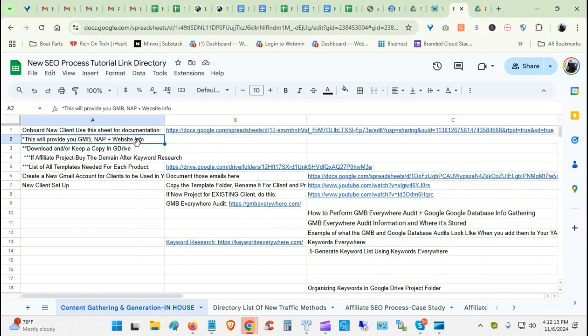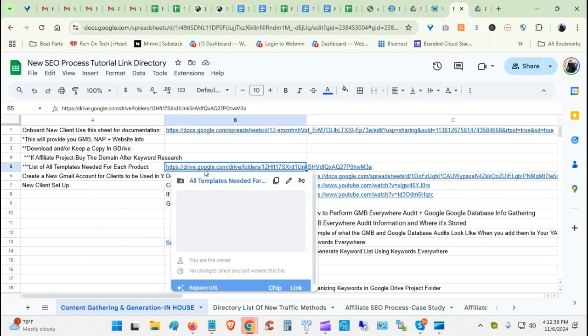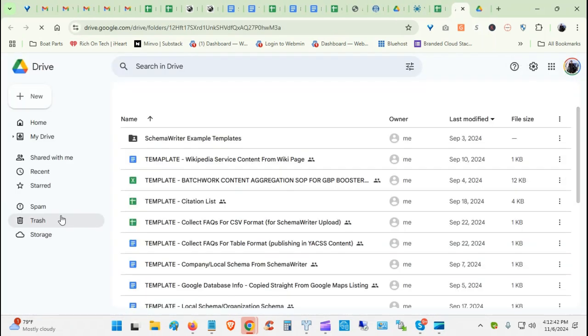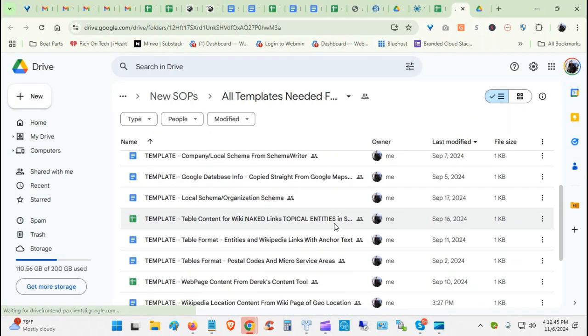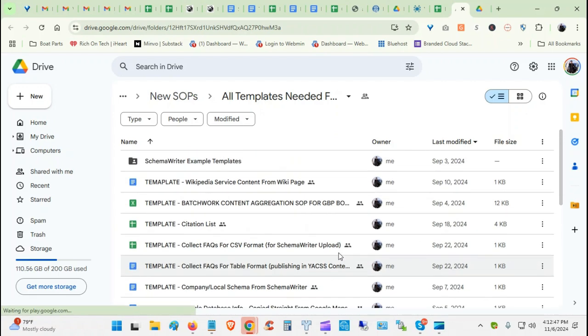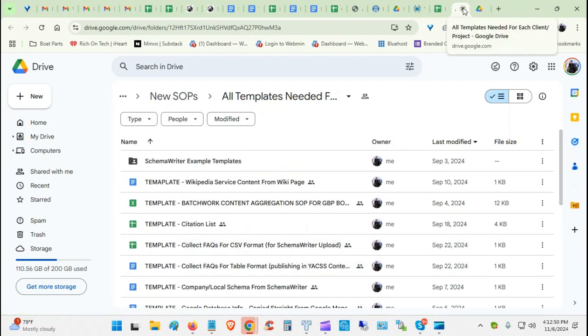The notes here say this will provide you GMB, NAP, and website information, and download and or keep a copy in G Drive. We use G Drive. You may want to use something else, but we find it pretty easy. And then if this is an affiliate project, here's another step you have to do beforehand. This is the list of all templates that we need for each project, and you'll recognize this from a previous video. So we just make a copy of all these